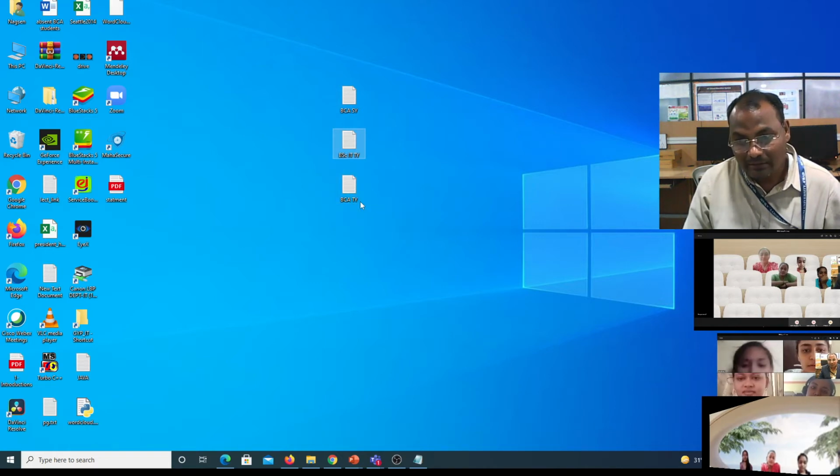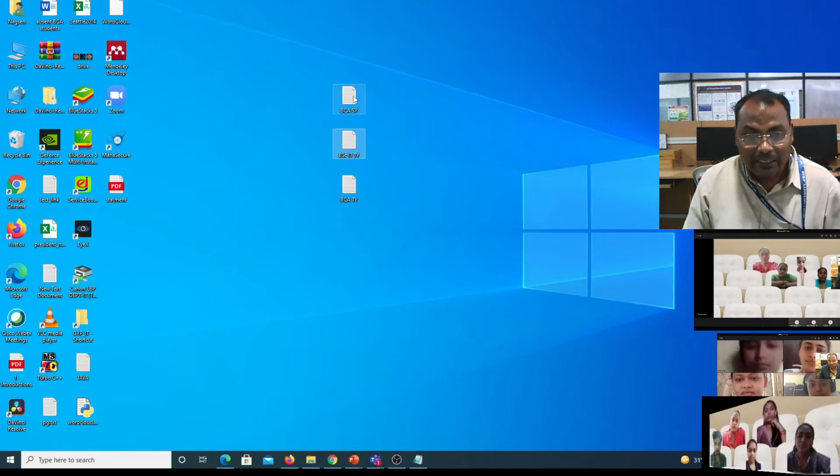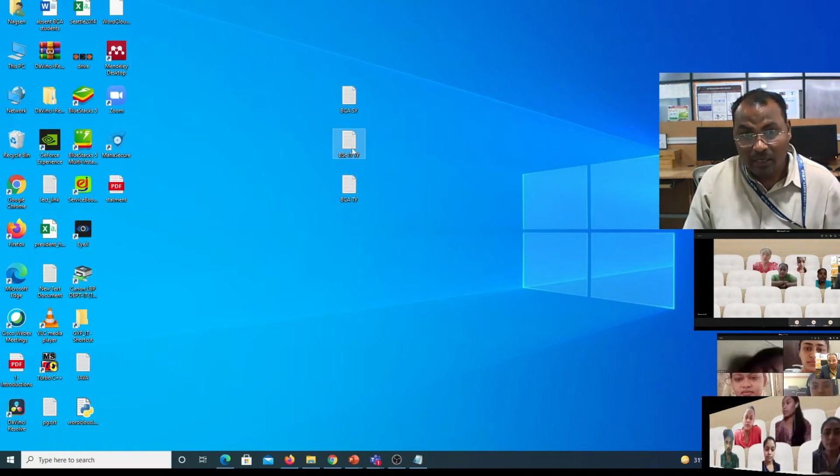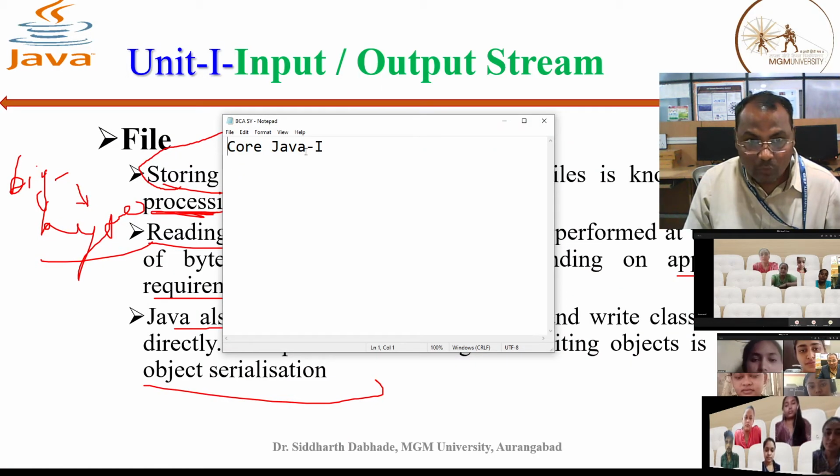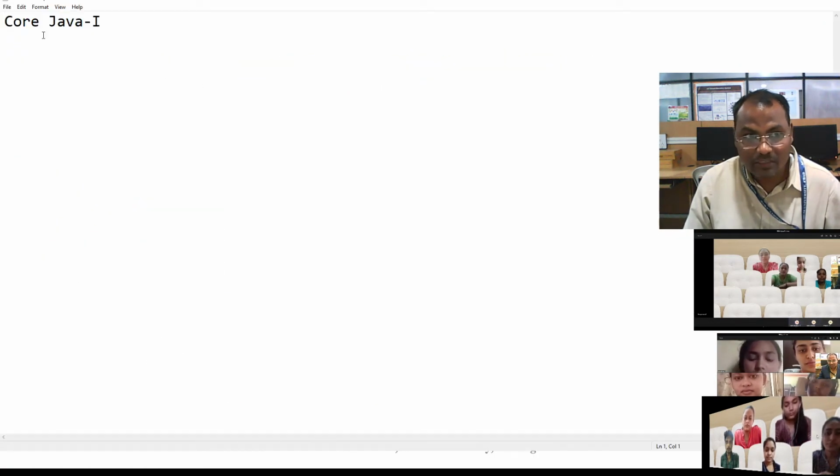You did not read this properly. This is not 4. There are 3 files, meaning 3 objects. Now reading one by one. What is in this file? Core Java first. Okay, in the first file we read Core Java.